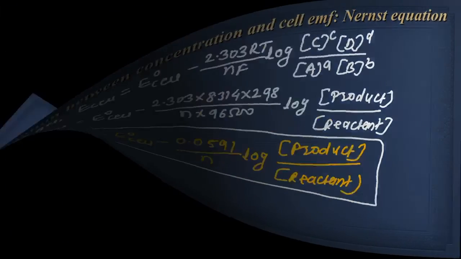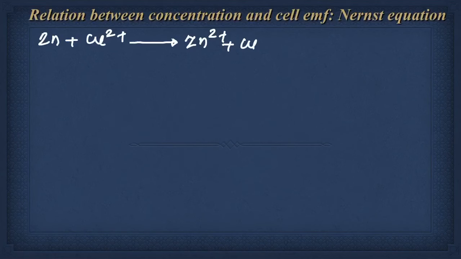If there is a reaction given, just take the example of the galvanic cell, where we already know that there is an oxidation of the zinc and the reduction of the copper observed. So we got this reaction. This is on the left hand side, the reactant side, and on the product side we got the oxidation of the zinc and the reduction of the copper. Okay, so we already discussed this reaction when we discussed the electrochemical cell.